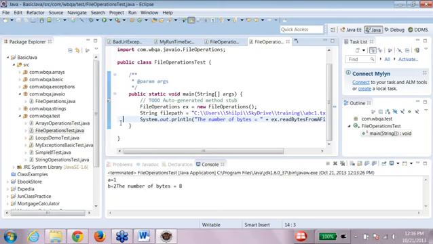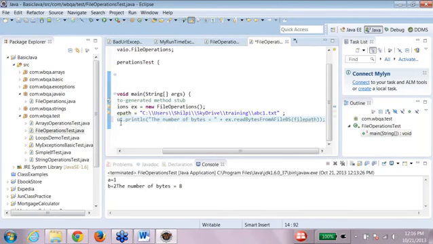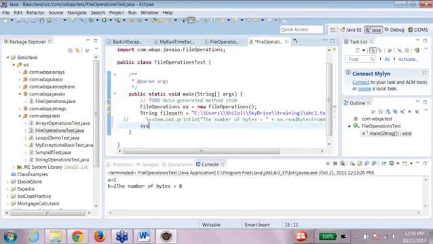And let's try to call this. Okay, so here the number of characters is equal to